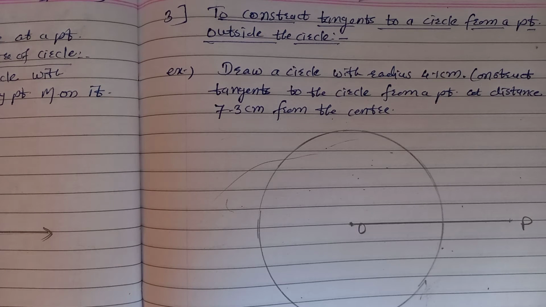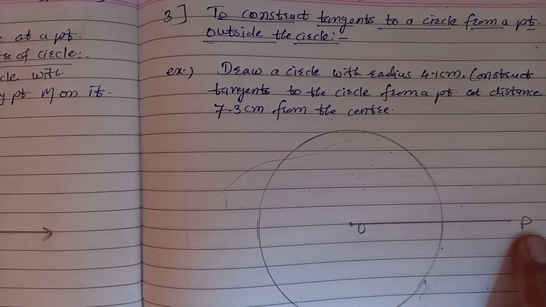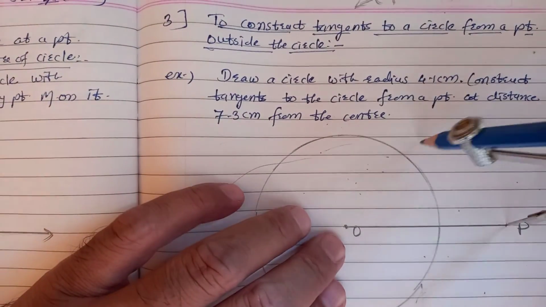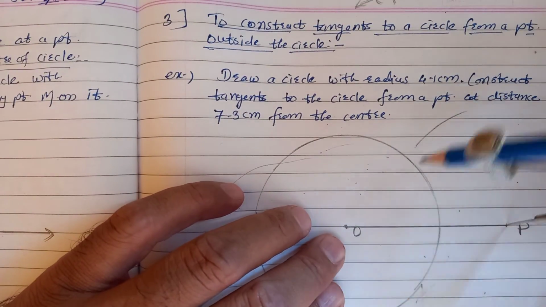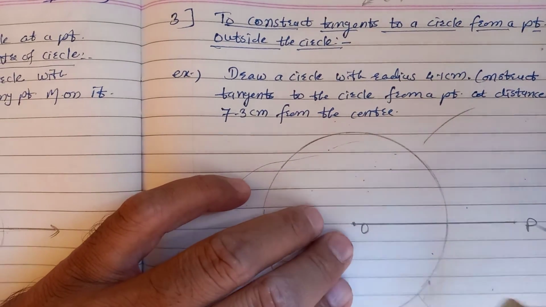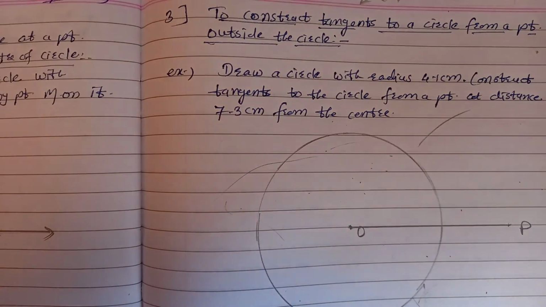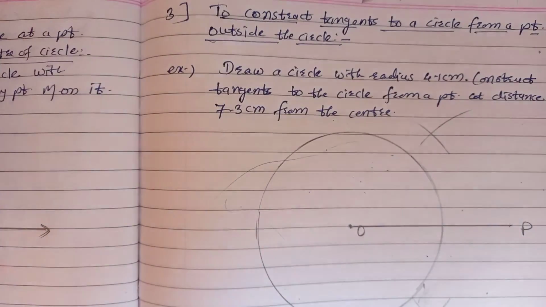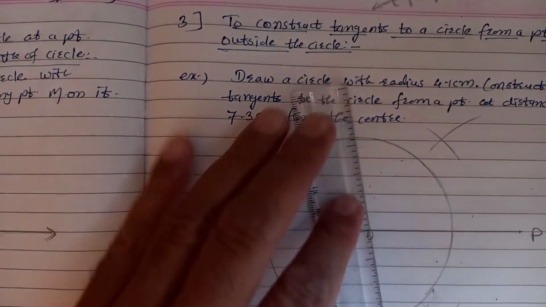Now what do you have to do? We have to draw a tangent from this point. So already I have told you, you have to draw the perpendicular bisector of this OP. So take more than half the distance. Draw one arc upside, one arc downside. Don't rub the arc in the exam also. And from the point O, another two arcs you have to draw. Those arcs intersect each other. If the arcs do not intersect, extend them. Now remove the compass.